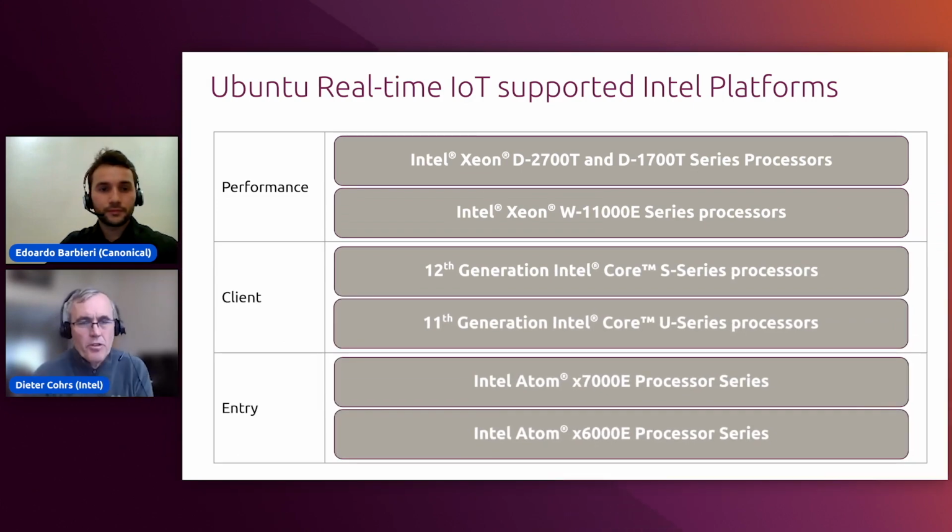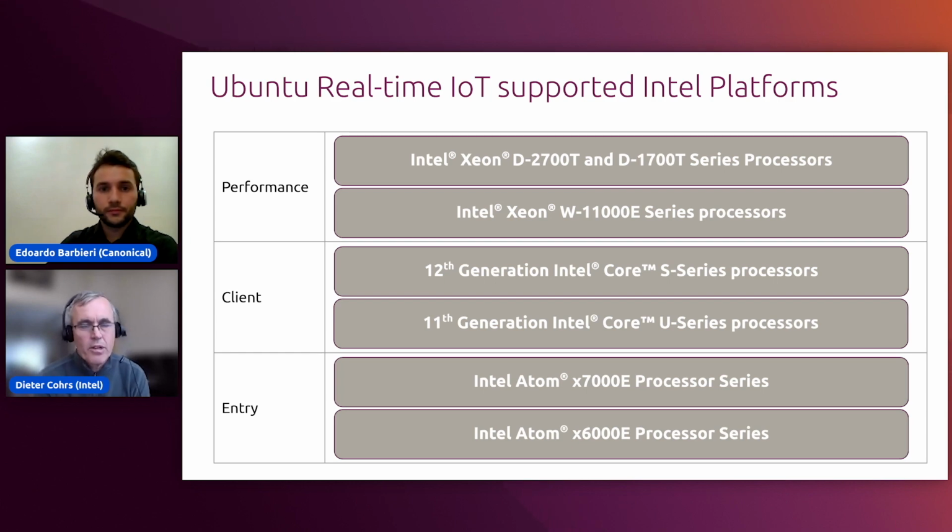So thank you, Eduardo. So yeah, from an Intel point of view, we are delivering already several generations of real-time capable platforms. And this one here shows the extent of what is currently out already in terms of covering the entry market, the client market with our Core products, as well as the performance areas with some Xeon products. So real-time for us means time coordinated compute and TSN will be available, and is available on all these platforms and will be available on future platforms as well.